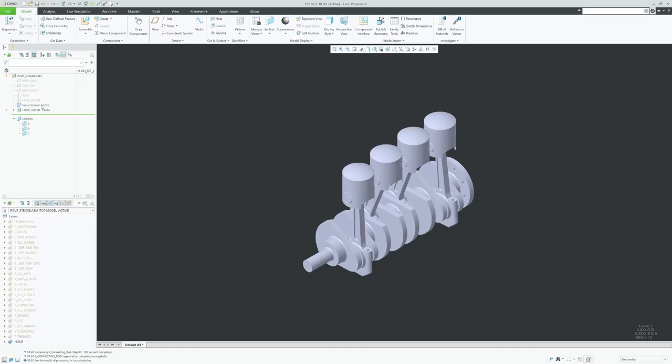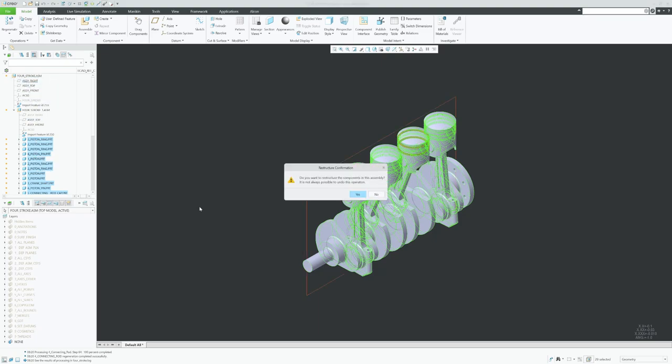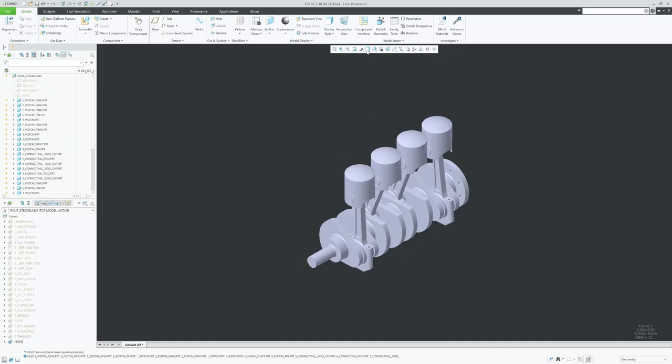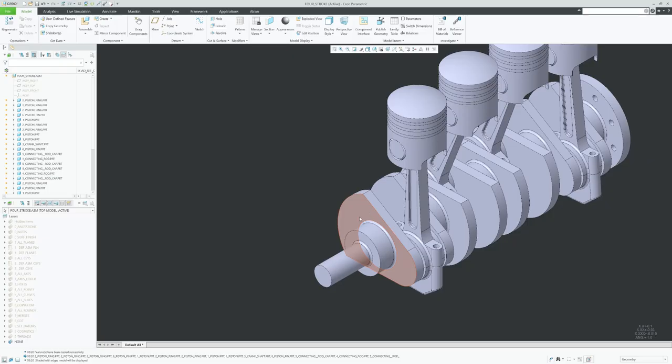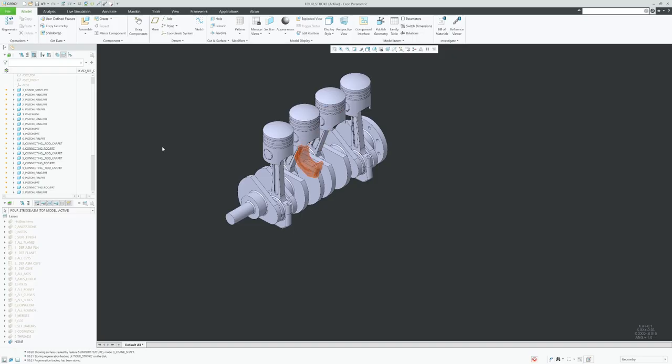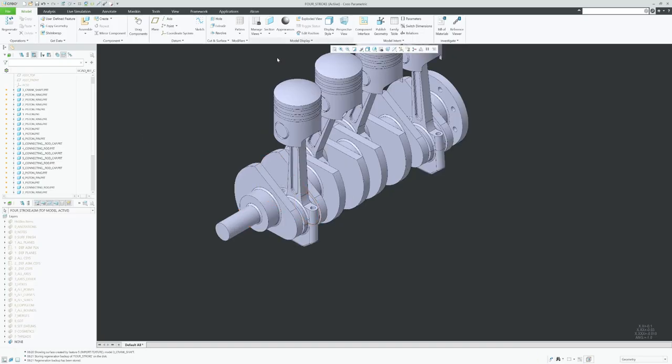All right. So now we need to rearrange the parts here. So let me move this component that belongs to this subassembly to the main assembly right here. And we can remove this file, this coordinate system, and this subassembly from the main assembly. All right, so let's rearrange the parts. So I will select this crankshaft. I will put it right here. And then I will create